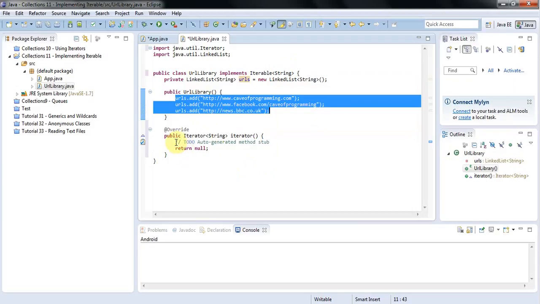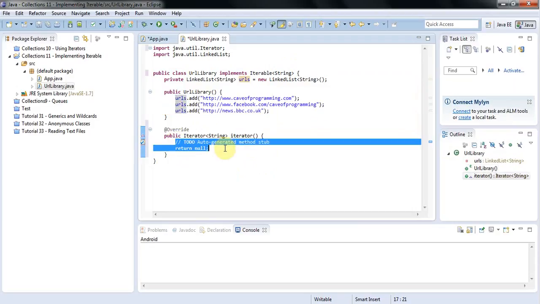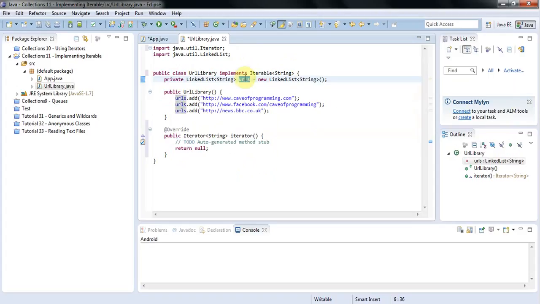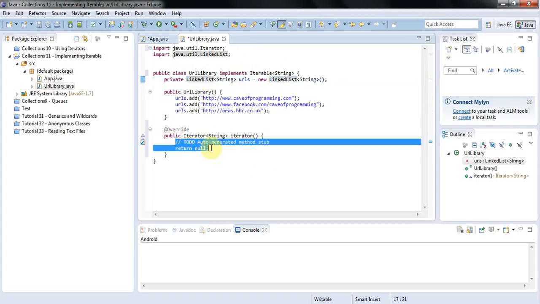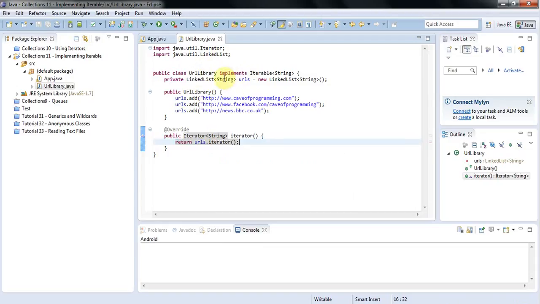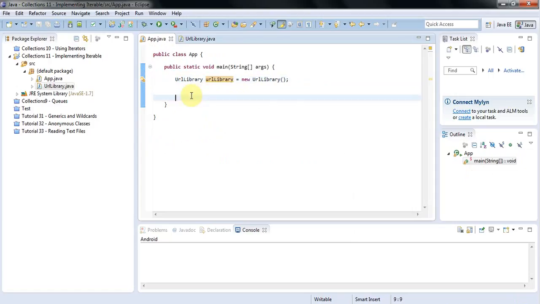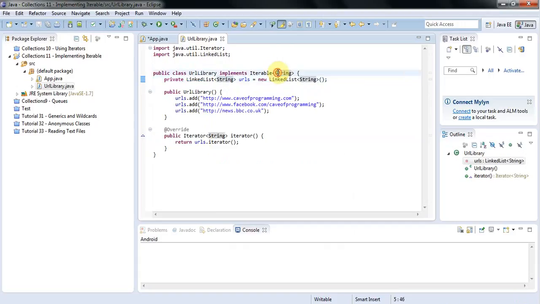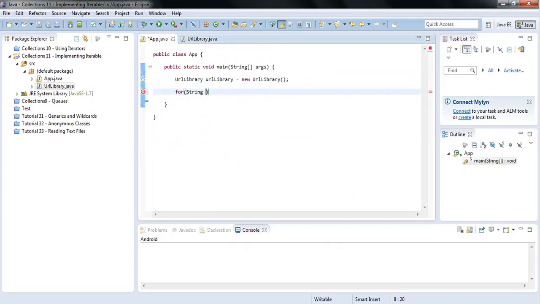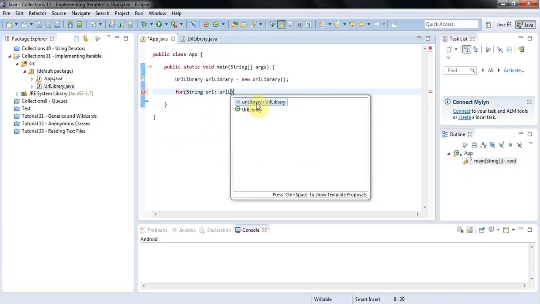Now the simplest way to implement this, and we'll look at an interesting refinement of this in a minute, is to use the iterator that already exists in this linked list. So here I could just say return urls.iterator, and that will return an iterator to the objects in this linked list. And the whole point of that is that now, when I use the URLLibrary class and create an object from it, I can say for String url in urlLibrary,